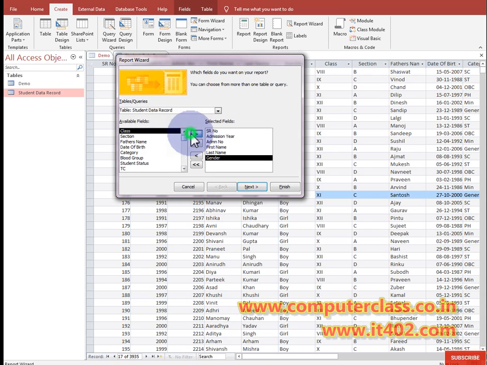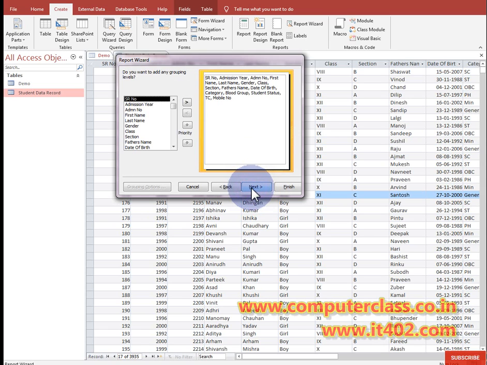Section I don't want, so I leave it. Father name I want, date of birth I want. And if I want all columns, all fields, then with a single click I can select them. So I select all the fields and click on next.